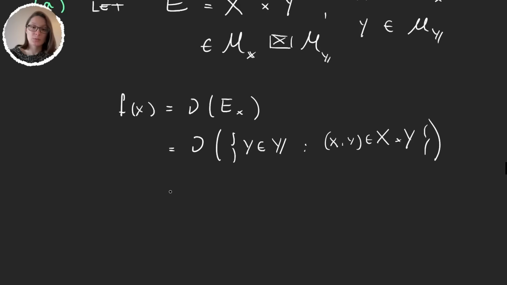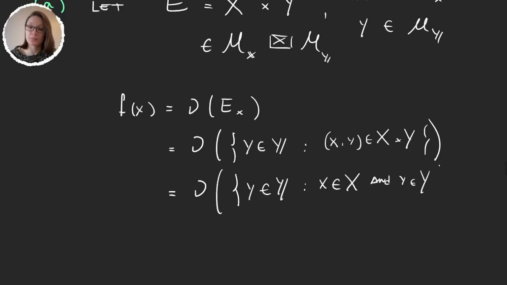But now this is, of course, the same as measuring the size of all the y in Y, such that, well, we need x to be in X, and we need y to be in Y. And because this is only measuring the points in Y, this condition will come out of the measure as a characteristic function, because we need this to be true. So we still need the condition x in X. So this is going to give us the characteristic function of X at the point x